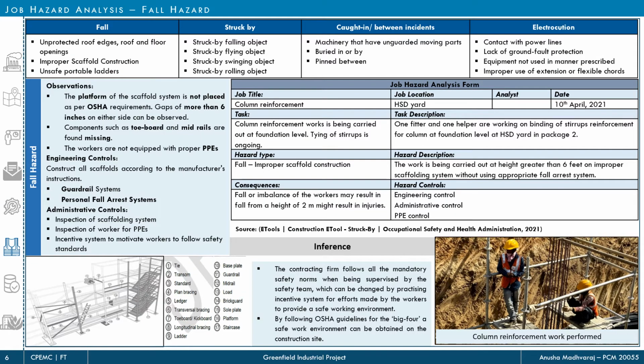Here in this analysis, the possible hazards are predicted based on the work to be done by analyzing the relationship between tools and materials used for the activity and the workman. OSHA defines these hazards in 4 categories: fall, struck by, caught in or between incidents, and electrical. Here I have considered an incident under fall hazards: the absence of platform, toe board and mid-rails in the scaffold, and gaps of more than 6 inches on either side are observed as in the image. The details of the hazard are filled in the analysis form as shown, and the relevant control measures as per OSHA are enlisted, which could help prevent such hazards in future.